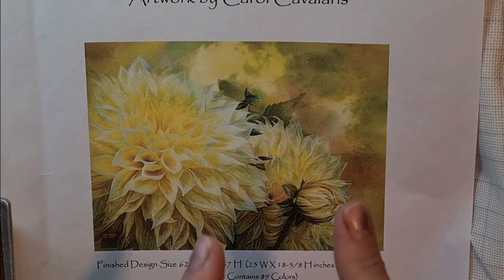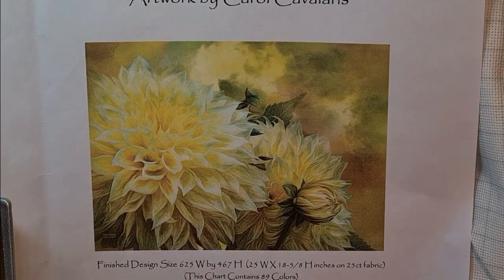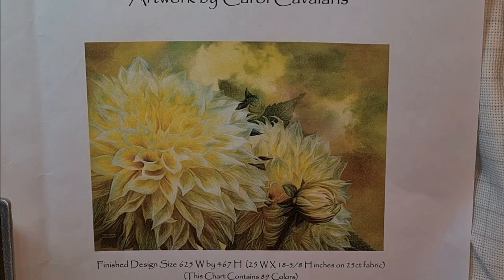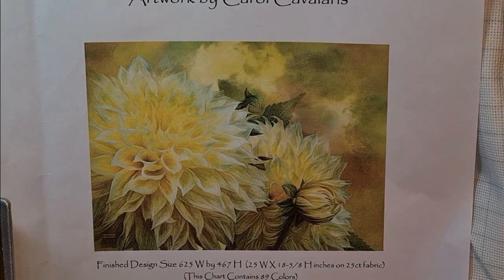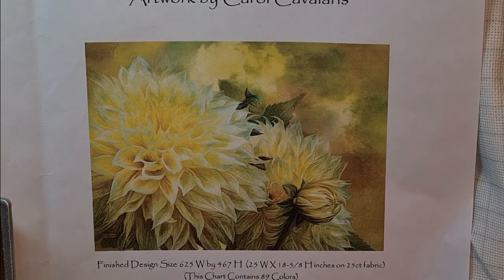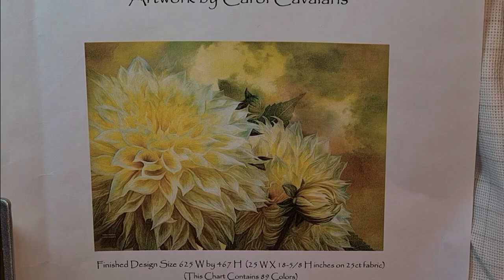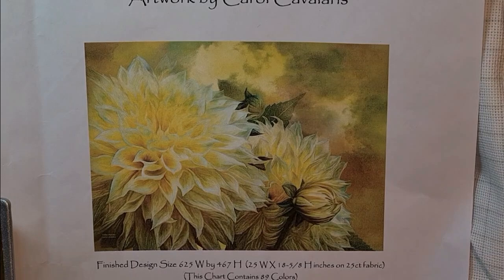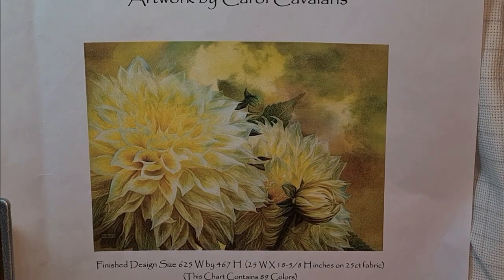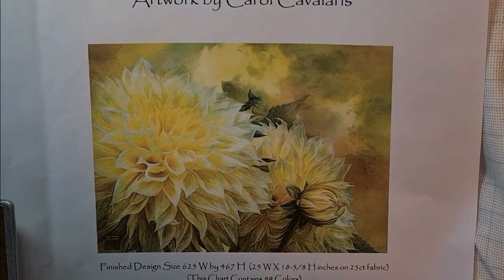So as promised, we are back with a stitch with me with the lovely yellow dahlias. The artwork is by Carol Cavallaris and it is a project that has been charted by Heaven and Earth Designs, one of my favourites. Yesterday I did an organise with me video, and I will just...